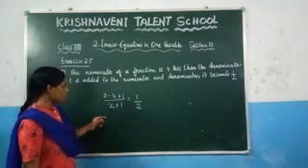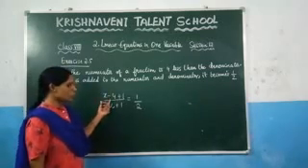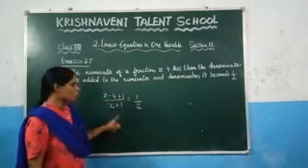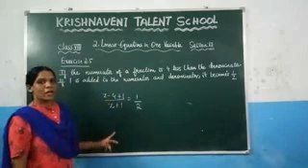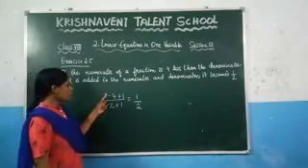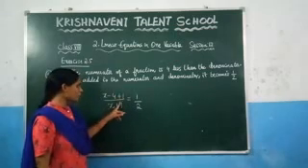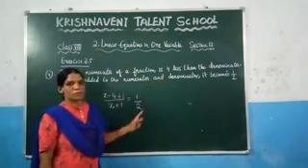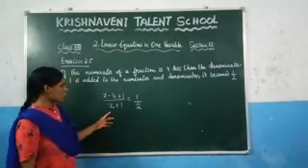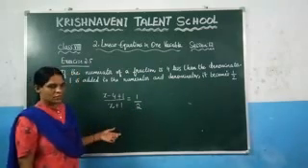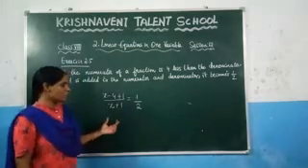Again, let us consider the denominator as x. Then what will be the numerator? You need to subtract 4 from x, so you get the numerator as x minus 4. And after that, you need to add 1 to both the numerator and the denominator. After adding 1, it becomes 1 by 2. Now, based on this, you need to find the value of the variable which is x.